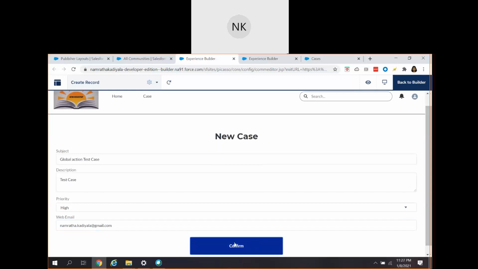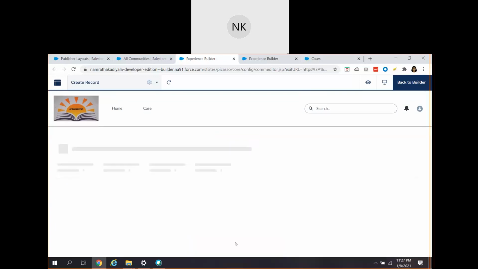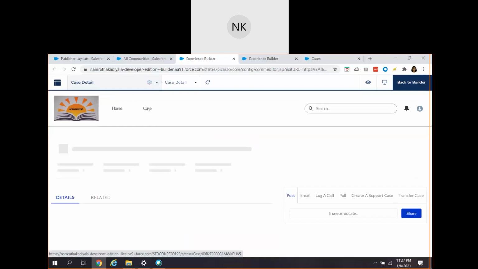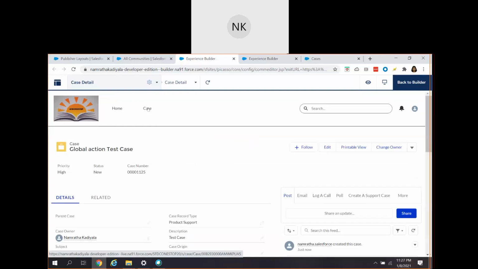So with these global quick actions, we are making the life of the customers easier and providing a very good customer experience. Rather than navigating to Home, going to Case and going to a different page, we are providing the button on the same customer community page, wherever the user has logged in, with a provision to create a case from the same page itself. This is how quick actions can be used to perform various actions and make life easier.